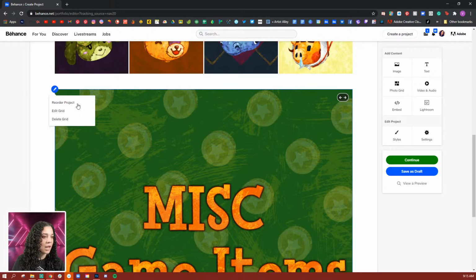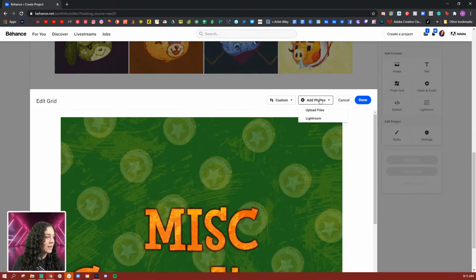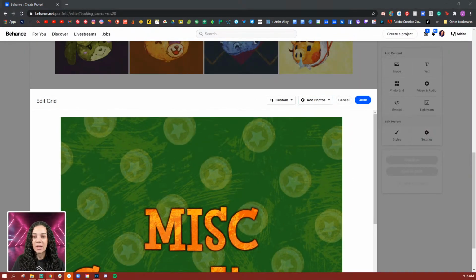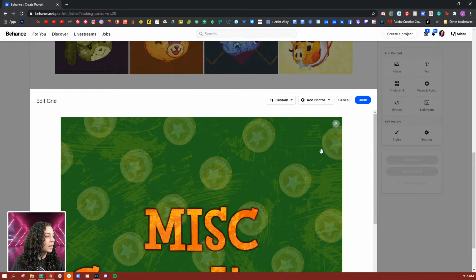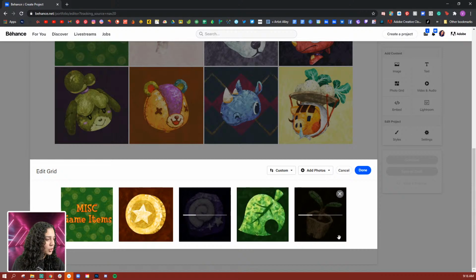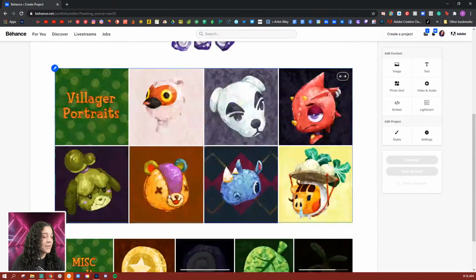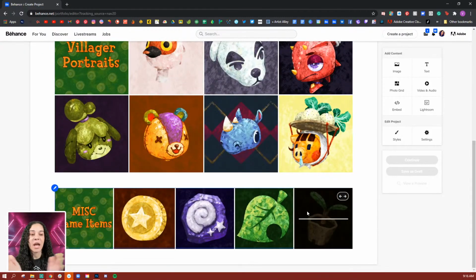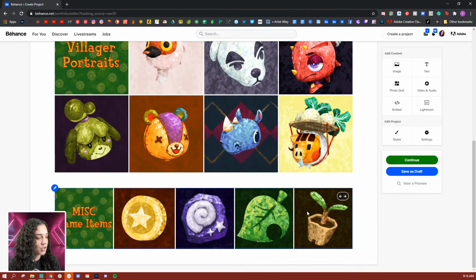miscellaneous game items. We'll click edit again, add photos, upload files, and then I'll navigate to my items here, and I'm going to open all of these. This is my coin, my sapling, my fossil, my leaf, all that, and then hit done. They're a little smaller than this because the grid does kind of resize as you do this, but I think it looks good. So I have my little title here, Misc Game Items, all my game items, and then we're